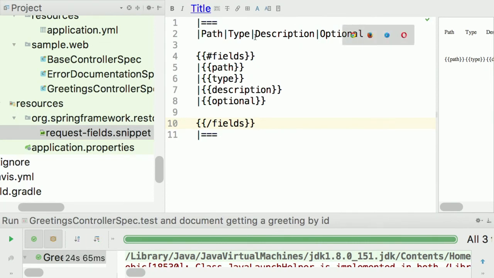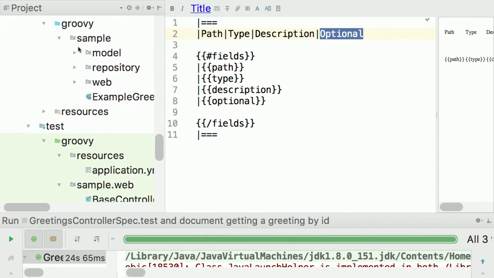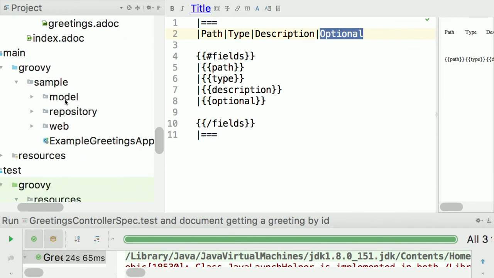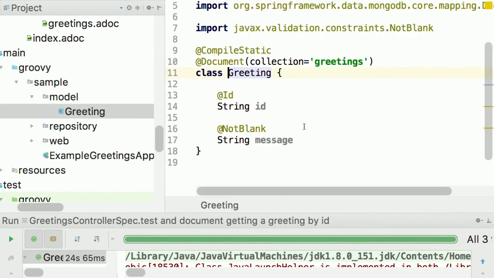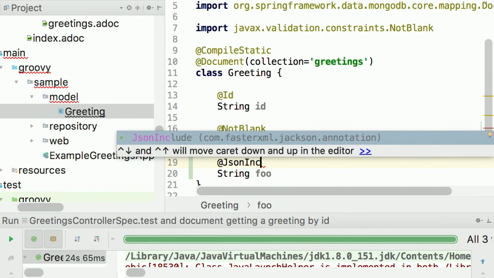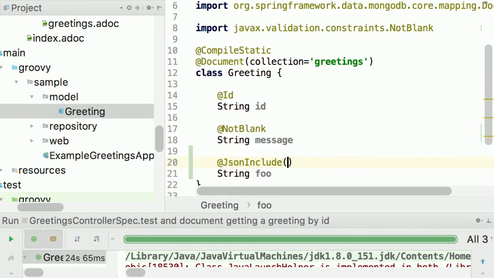And so instead of the normal example, which is just path, type, and description, I added this fourth column, optional, which says whether or not something is optional for the request parameters. And so if I, for example, add in, where am I, main model, OK. So I add a new field foo, but that needs to be